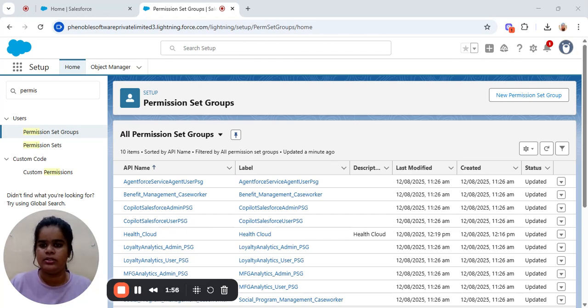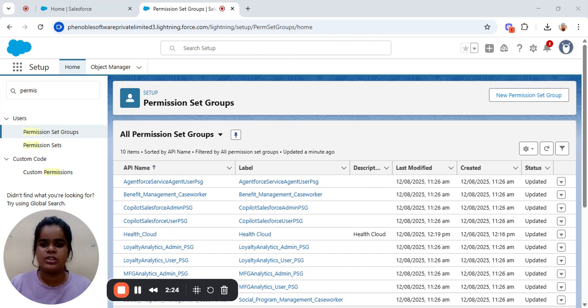Okay, and the next thing is what permission sets and groups are. A permission set is a collection of settings that lets the Salesforce user do certain tasks or certain activities with the data. And a permission set group combines several permission sets so that you can give people all the access they need with one assignment.